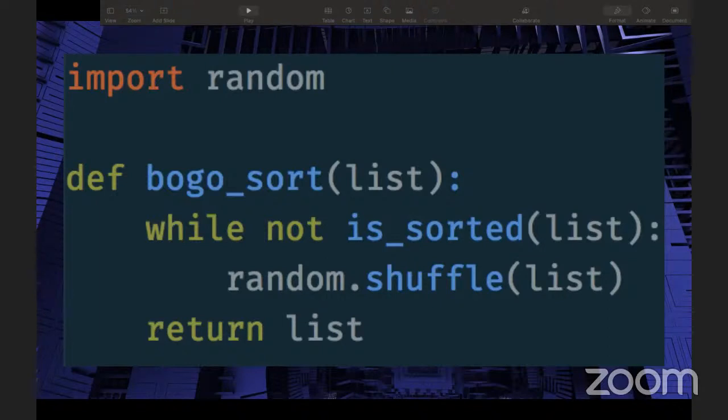But in the case of quantum computers, through processes like quantum tunneling and quantum entanglement, this can be converted into a constraint satisfaction problem. And once that is done, you can actually sort this list by just randomly shuffling it again and again.